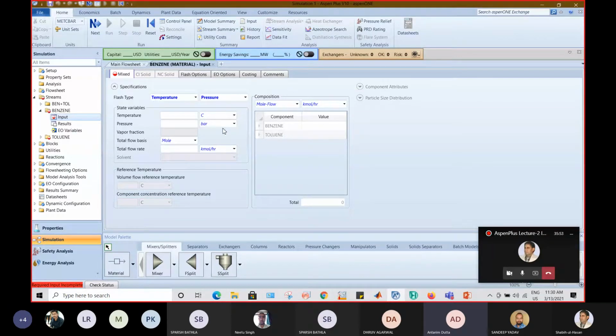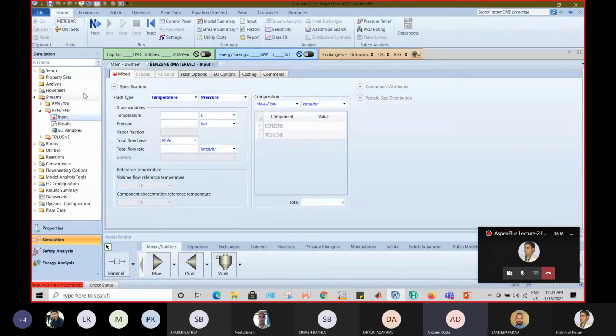So 100% ideally, in case of mixer, if I discuss rating, what will the mixer do? Mixer will mix my two streams which are coming in as input. Mixer will not ask you to provide a specification regarding the output stream. That's what is happening over here.